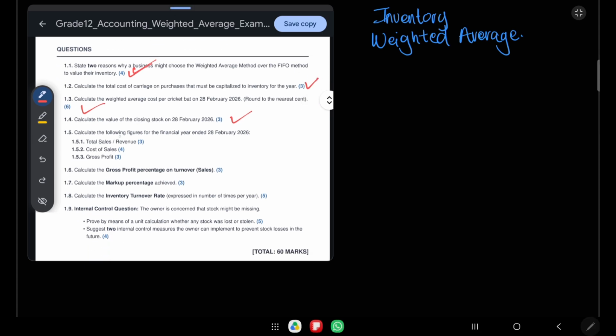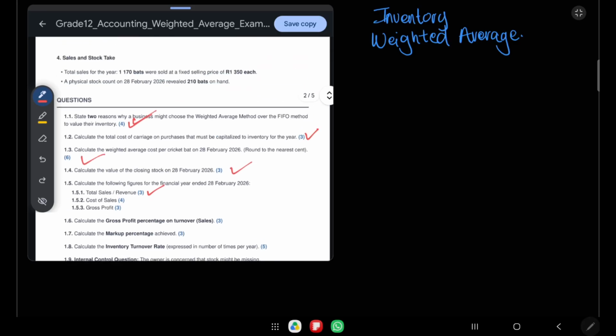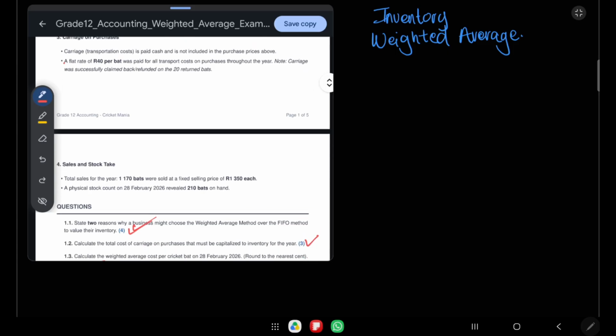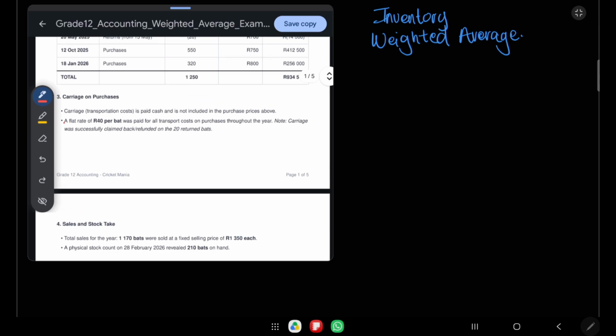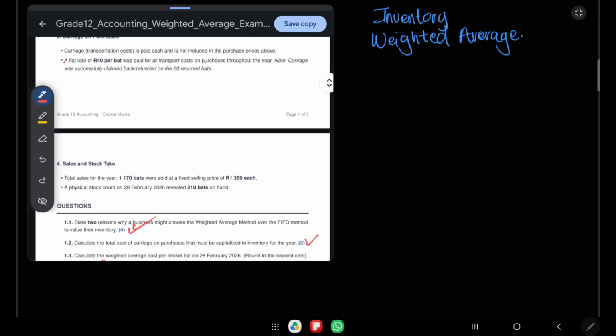We have calculate the following figures for the financial year ended 28 February 2026. We have total sales or revenue. Remember, I told you guys in the previous video that when you ask for the total sales, this is basically the money that you made from selling something. So you're getting money, that means it's your revenue. That is why there's a forward slash there. Let's look at our information. We have total sales. We look at the information related to sales. The question says total sales. And here we have sales and stock take. So that is most probably the information that we need. Total sales for the year,